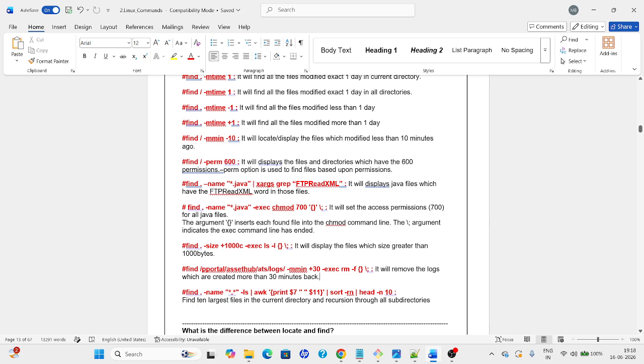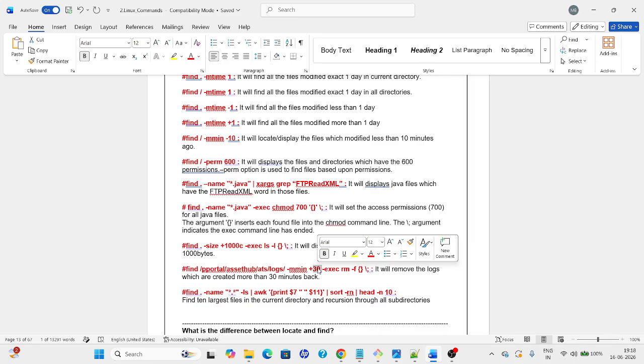So in real time, in your Linux server, the data is getting full and you want to delete the old logs in a particular folder. For that, you have to write a script. So this particular command will be helpful. Hyphen mmin plus 30 means previously, more than 30 minutes ago. So if you want to delete the files which are